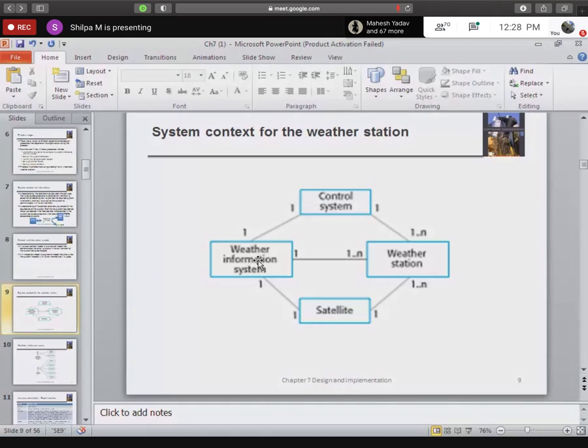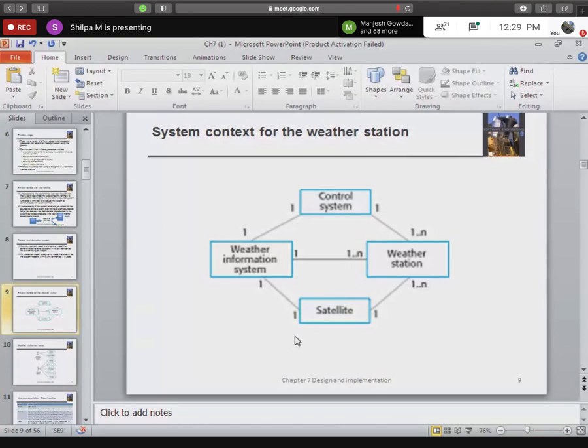It is like a software system which will collect all the information about the weather data. Weather stations are in different geographical locations, and they send the data to the weather information system. So it is like a client and this is like a server. Fine. It is a distributed architecture.